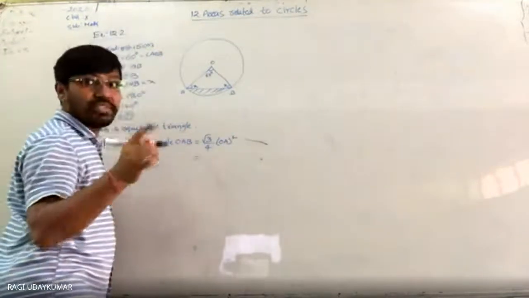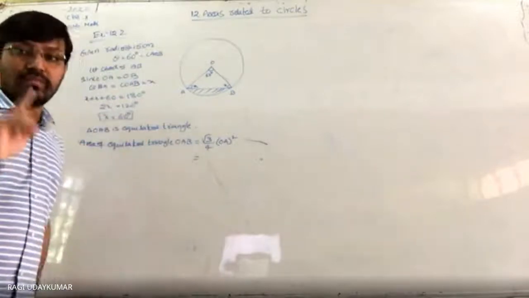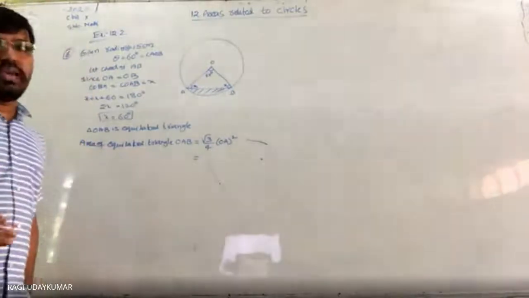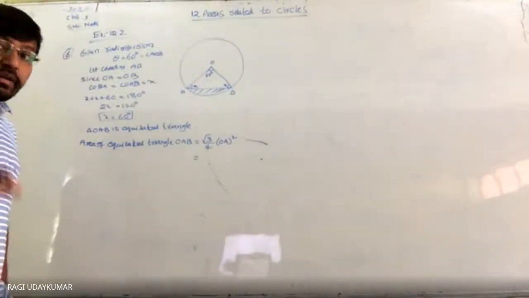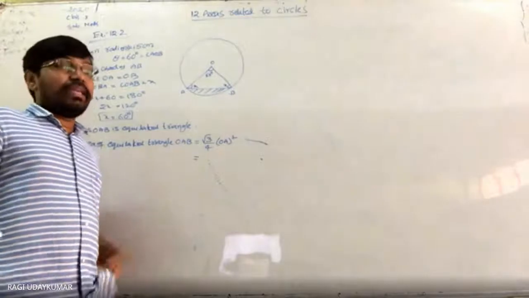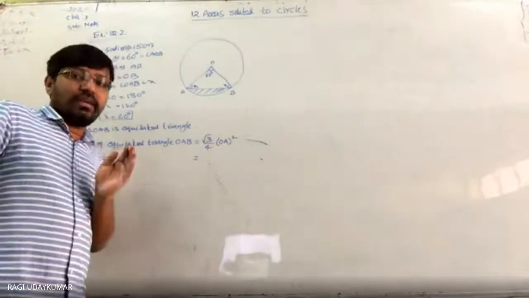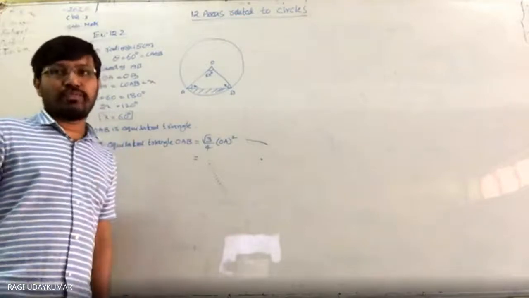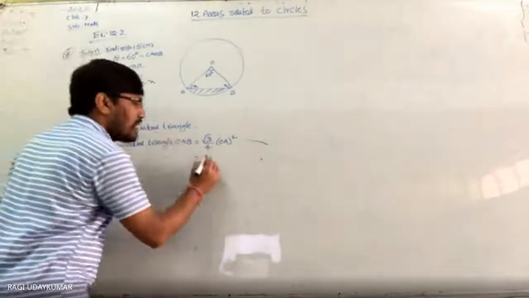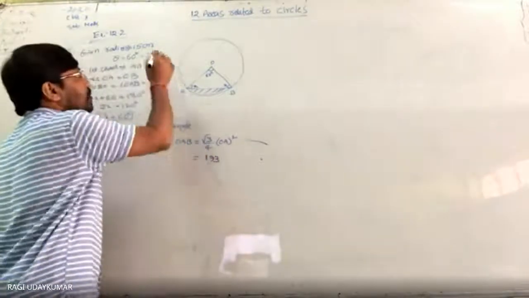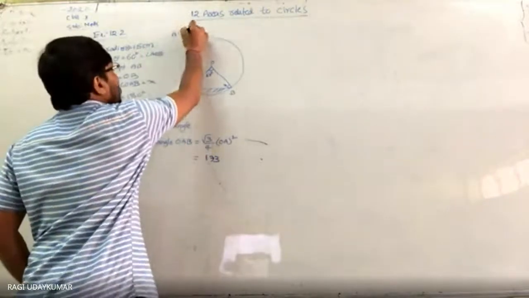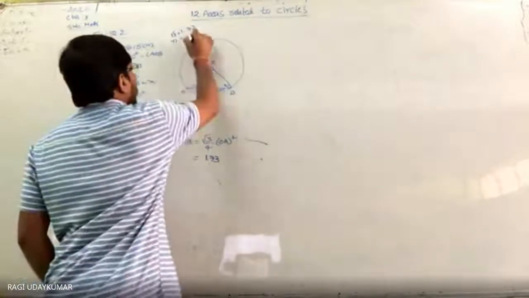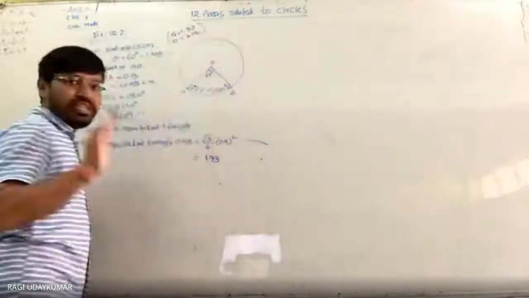And in the question, root 3 value is to be taken as 1.73. The approximate value is 1.732, but here it is given as 1.73. Root 3 is an irrational number. Do remember, it is a non-terminating, non-recurring decimal. But here it is given as a terminating decimal. That is an approximate value. Do remember this point. The question gives root 3 as 1.73 and pi value to be taken as 3.14. Both are given in the question.